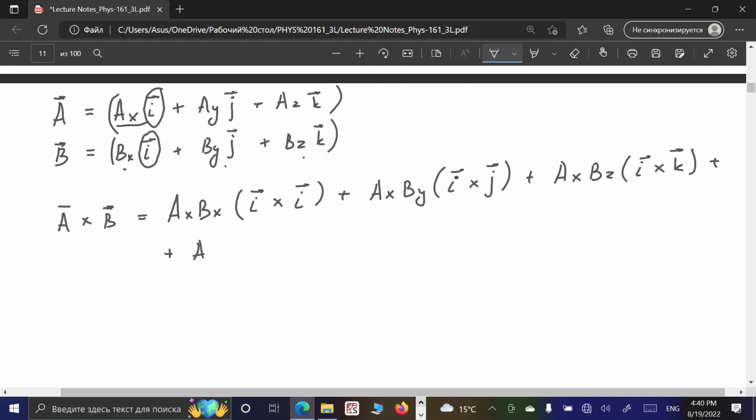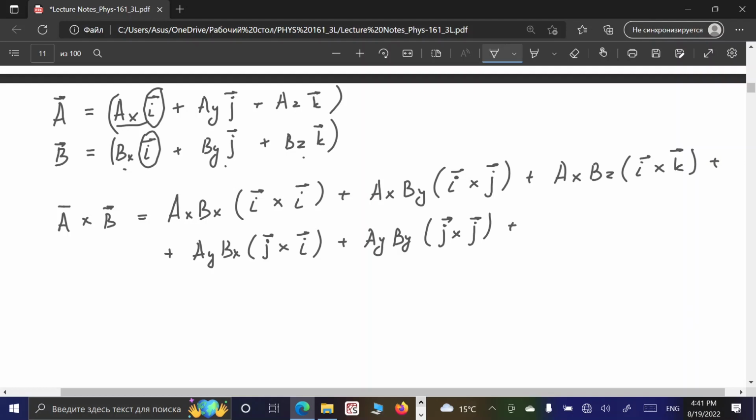It will be ay times bx, and this is j unit vector cross product i unit vector, plus ay times by, j unit vector cross product j unit vector,